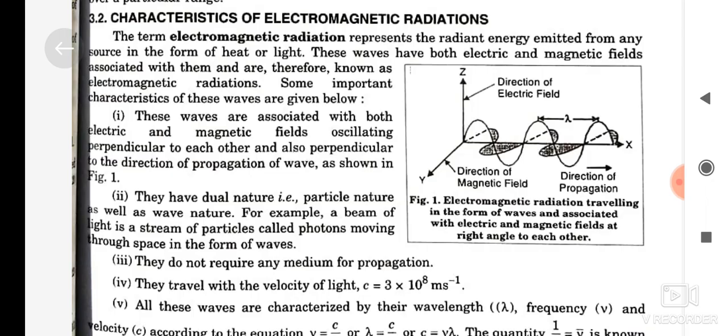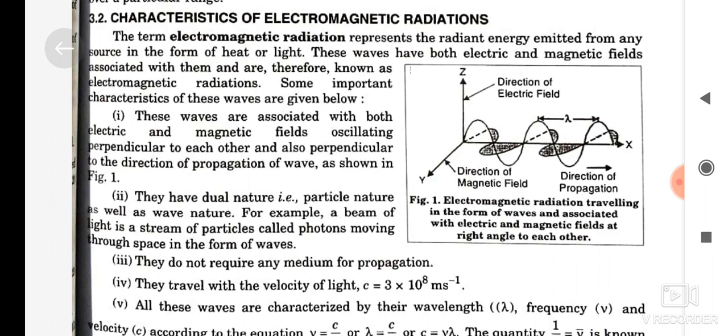Second, they have dual nature, particle nature as well as wave nature. For example, a beam of light is a stream of particles called photons moving through space in the form of waves. Third, they do not require any medium for propagation. Fourth, they travel with the velocity of light, c equal to 3 into 10 to the power 8